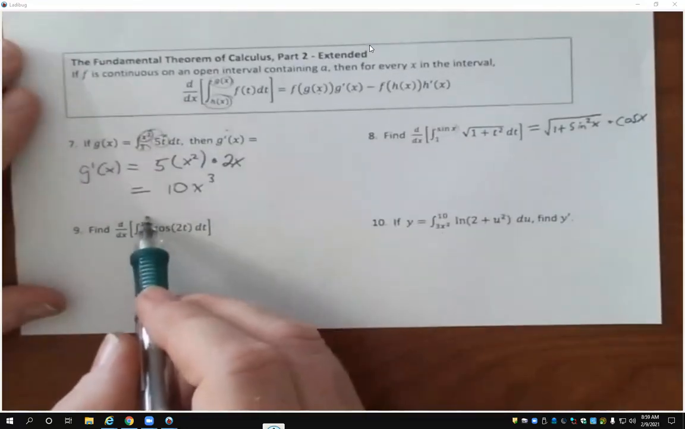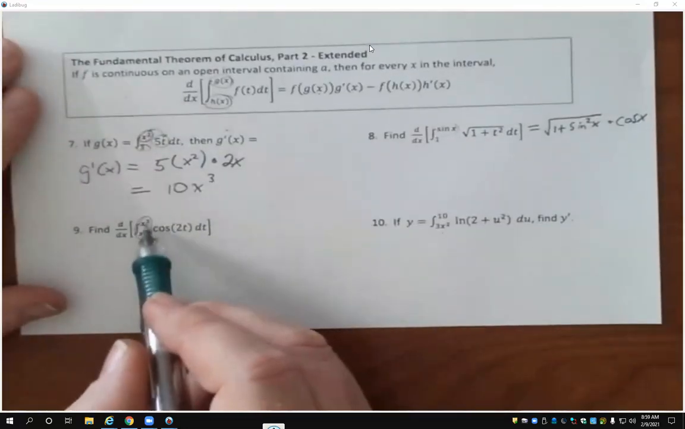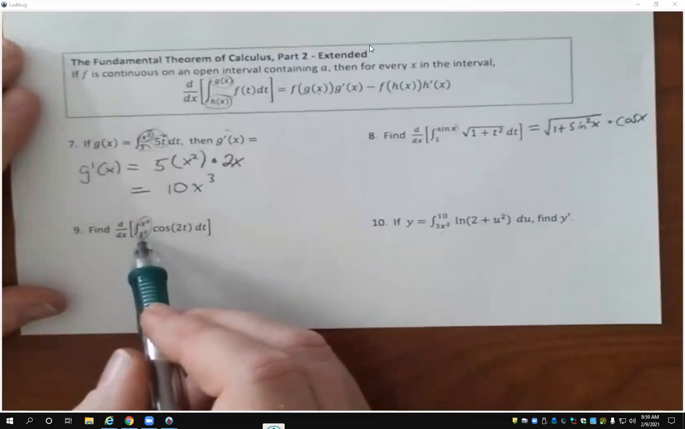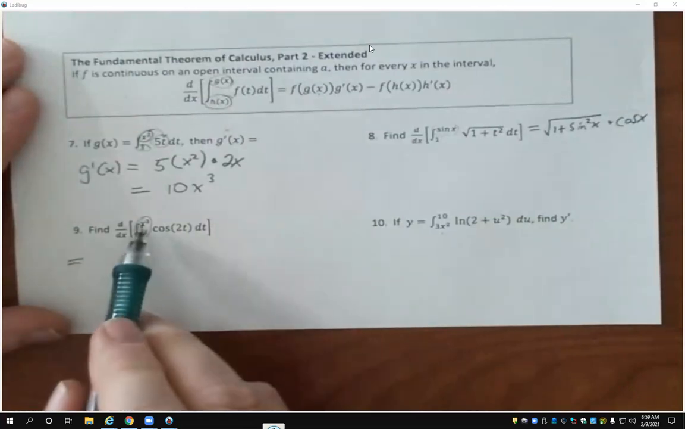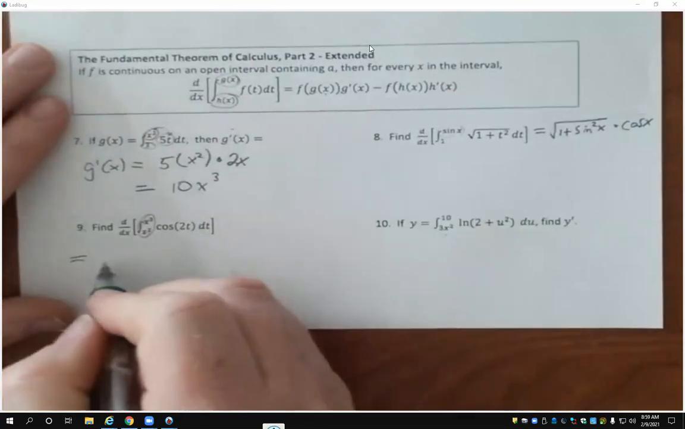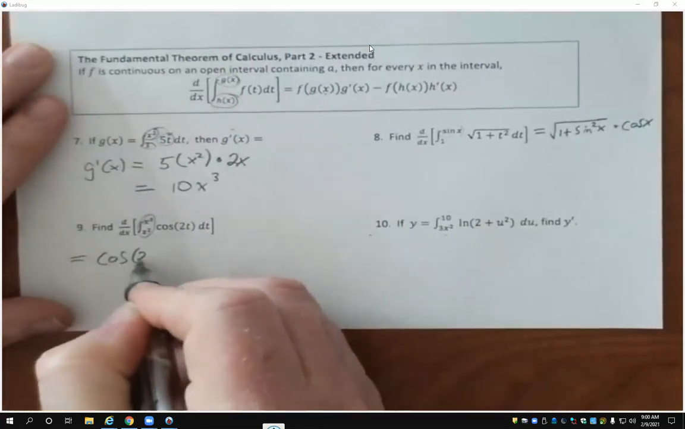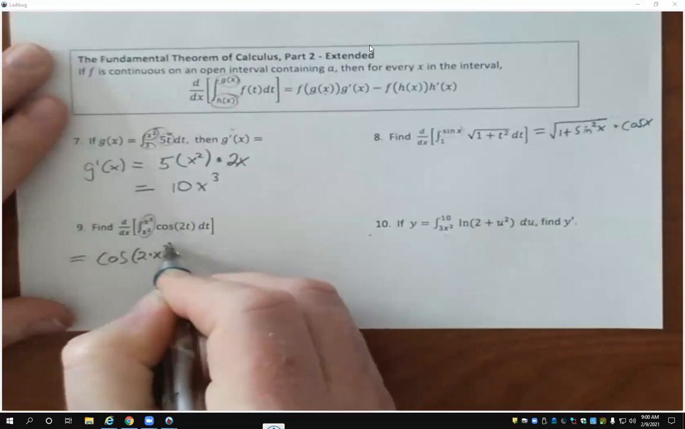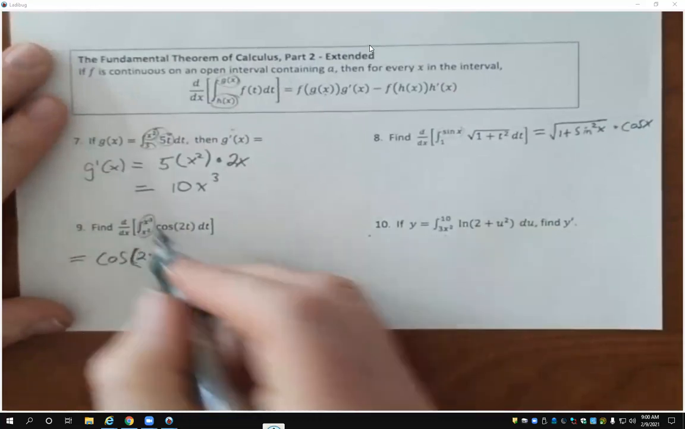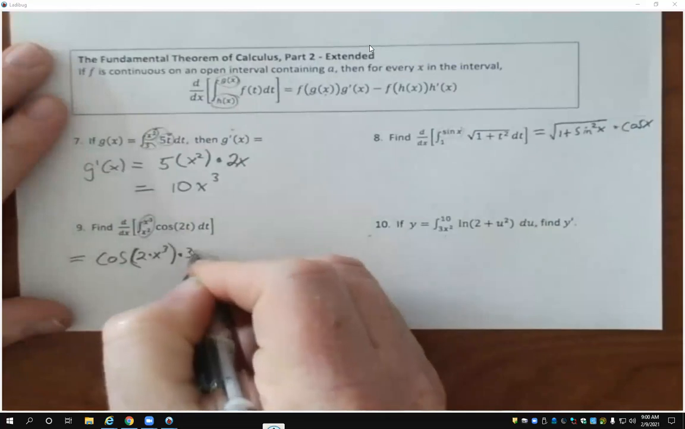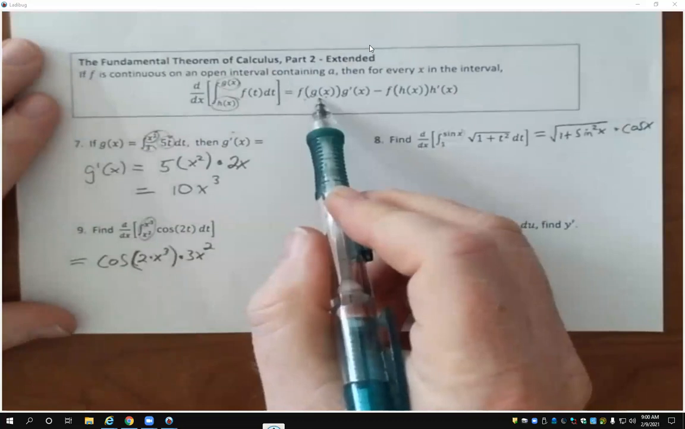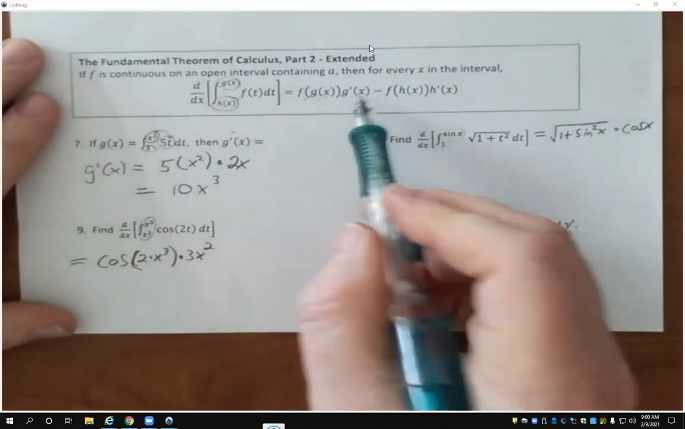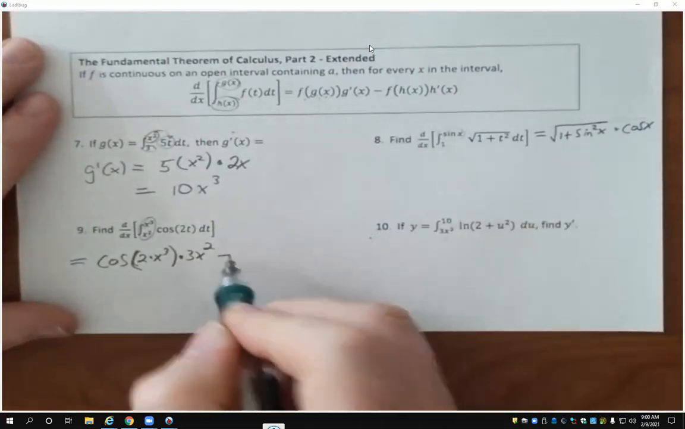Okay, so now we're going to put in these two functions, a g of x and an h of x, and that's just doing this right here, okay? So what we're doing is we're starting on the top, and we're going to plug in an x cubed into that t. So we're going to get cosine 2 times x cubed. Chain rule, the derivative of x cubed is 3x squared. Okay, so that's your f of g of x times g prime of x